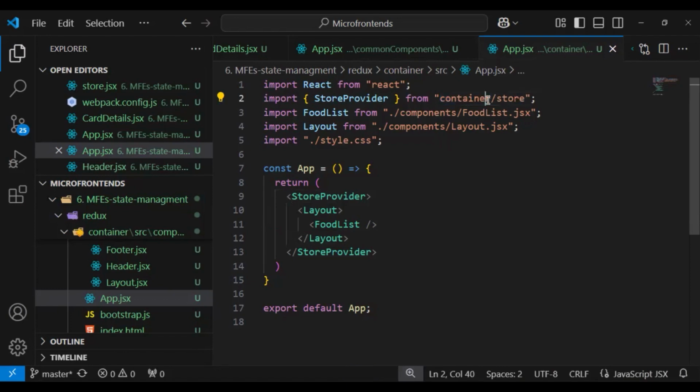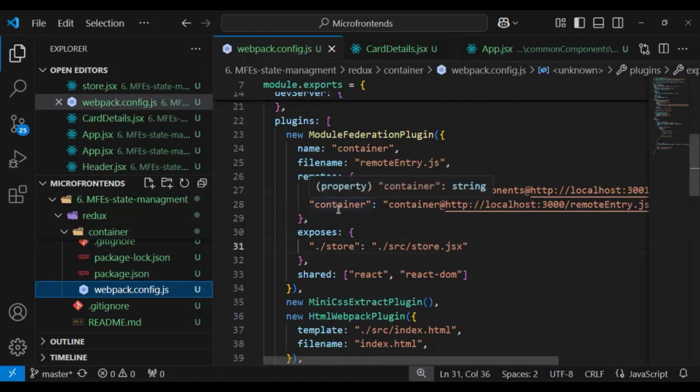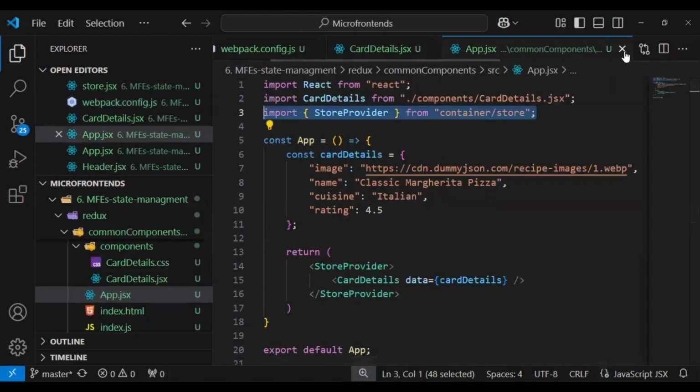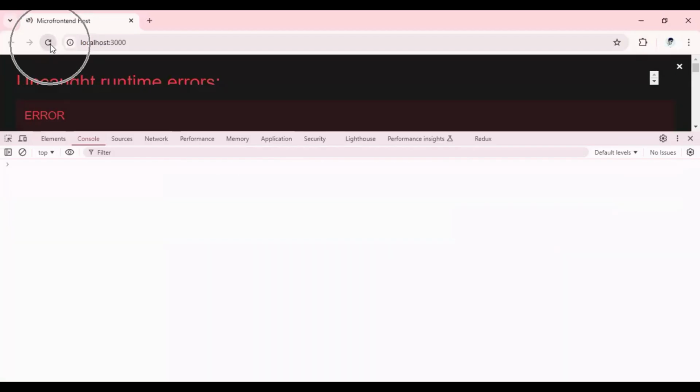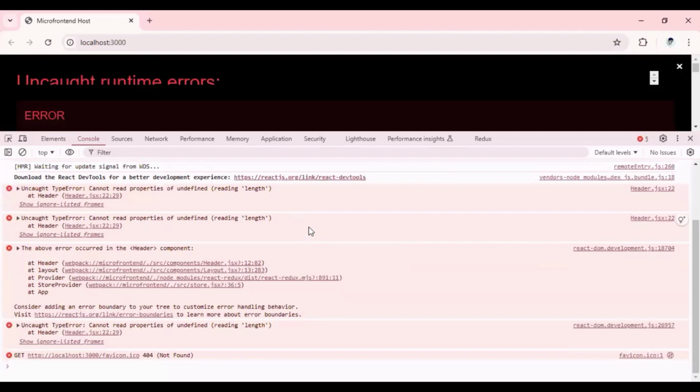So instead of directly using the store file, we are importing our parent application from the remote entry file. That means our child application and parent application should share the same instance of our store. Now let me close this and save the changes. And if I run our application now, it's still showing the error, and it's saying cannot read the properties